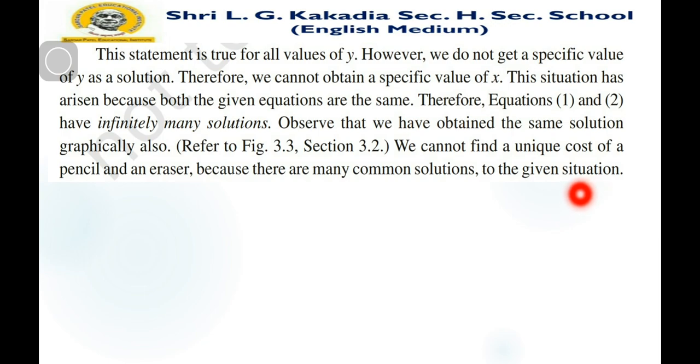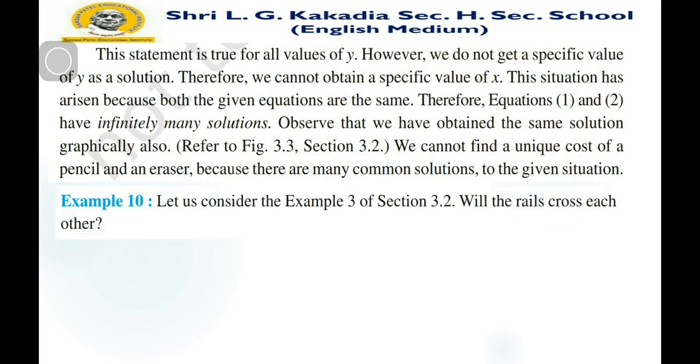So if you cannot find a unique solution but infinite solutions, both lines are coincident lines, and we know that if we find the solution of any equation, then the equations are a consistent pair of linear equations. So at last, if we find 18 equal to 18, 17 equal to 17, or 5 by 2 equal to 5 by 2, then we can say that both lines have infinitely many solutions. Now about the third possibility.